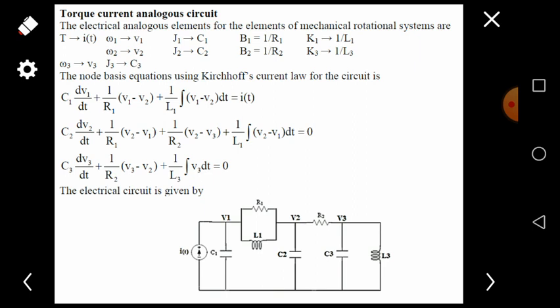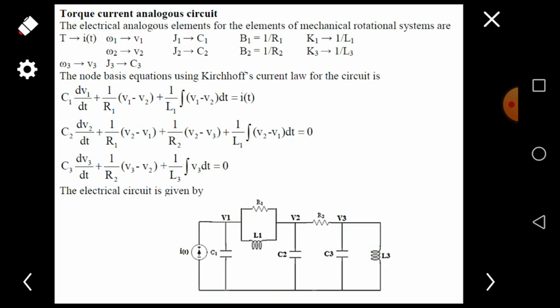The electrical circuit is given, and we know that it will be drawn on the basis of the nodal equations, so we have to consider the nodes here. Here we consider the nodes V1, V2 and V3. In between nodes V1 and V2 we have to connect the common elements that belong to V1 and V2 first. After that we have to draw the common element of V2 and V3 in between. Other than that, we have to connect everything in a parallel manner.